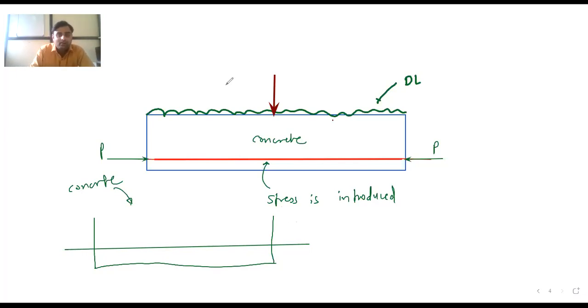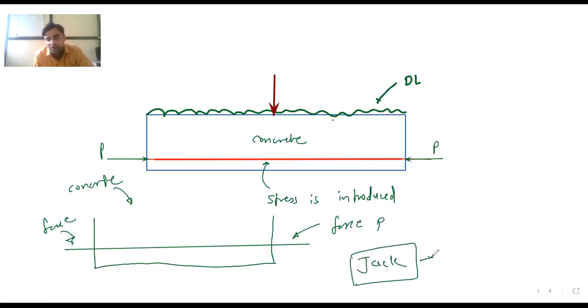After that we apply tension, or apply the force P, to this tendon, this bar. The force is applied by using an instrument called a jack, or in some books a jack assembly. You may have heard of a jack in a four-wheeler. That is what I am telling you, we apply the load by using the jack. You may see that assembly.